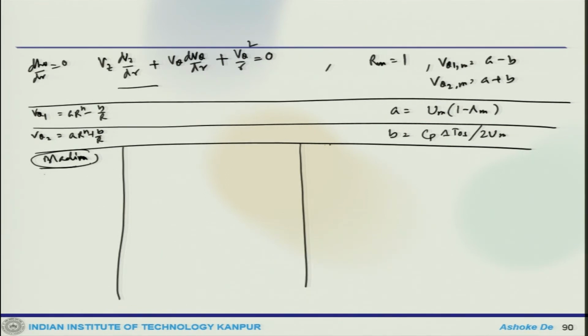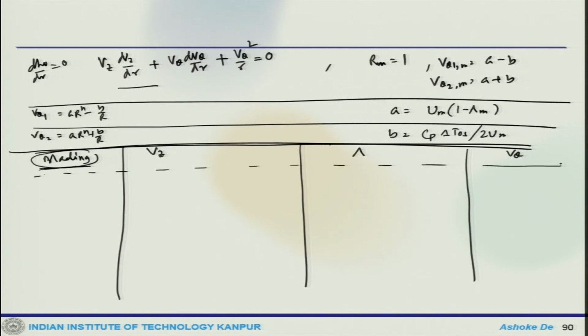So, this is what we have, this is bleeding, Vz, then we get degrees of reaction and V theta. So, these are different. In one case it could be free vortex